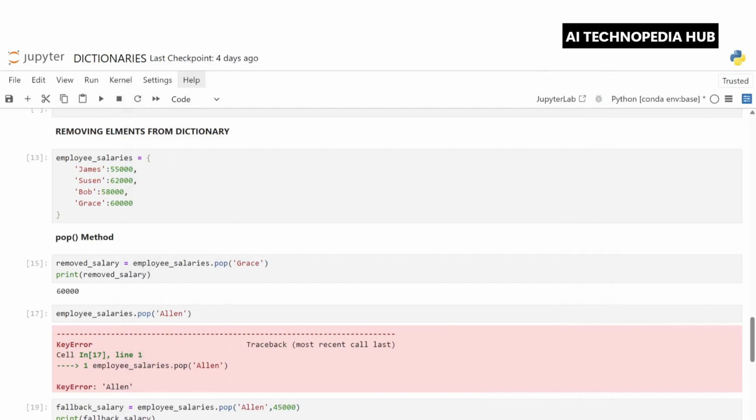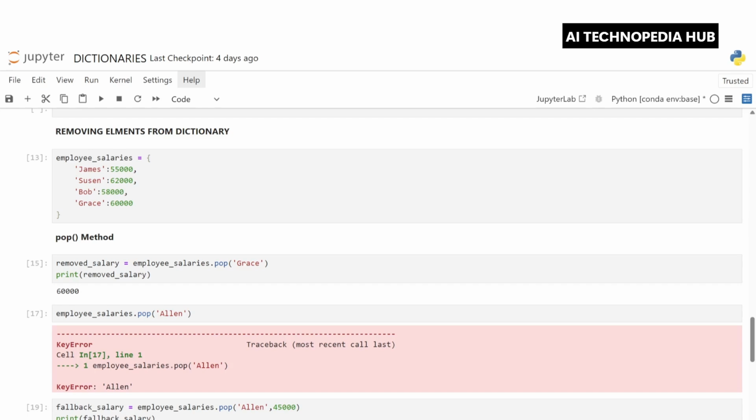Lists and dictionaries are data structures in Python that can be changed after they are created. That means they are mutable. Mutable means you can add, remove, or modify elements without creating a new dictionary. This means we can also delete items from dictionaries using built-in methods. Python offers various ways to remove elements from dictionaries, just like with lists.